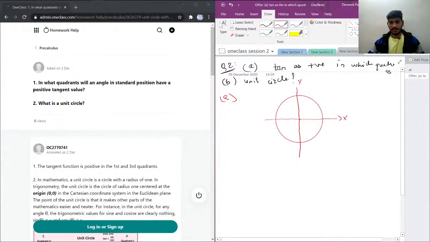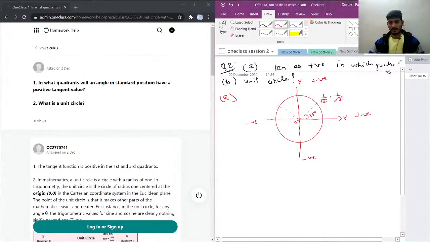So let's say this is positive x direction and this is positive y, this is negative y, and this is negative x. This point is 0. Let's say the coordinate at 45 degree in this quadrant will be 1 over root 2, 1 over root 2,